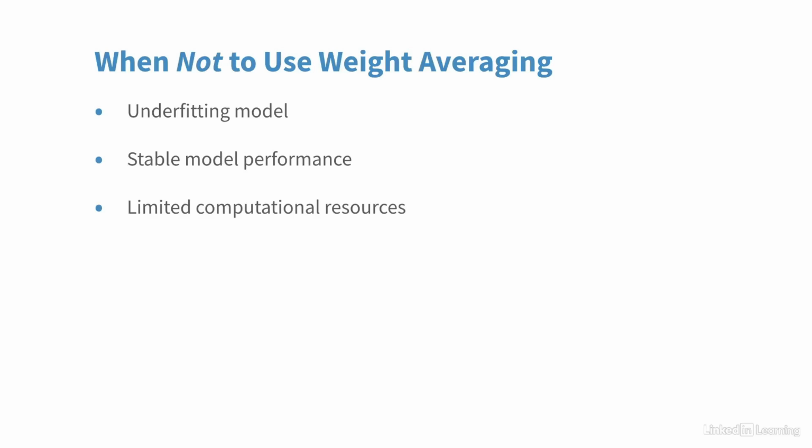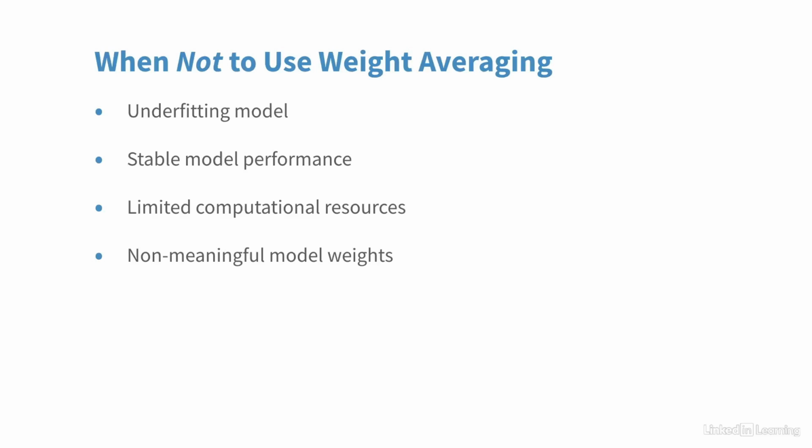Although it doesn't require extra training, it does require storing model weights from different stages of training. And this could be an issue if you have limited computational resources, specifically with respect to memory. When the model's weights are not independently meaningful, then the weights might have specific constraints or interdependencies that make weight averaging inappropriate. Weight averaging may not be appropriate for models with intricate interconnections between parameters or where weights are initialized